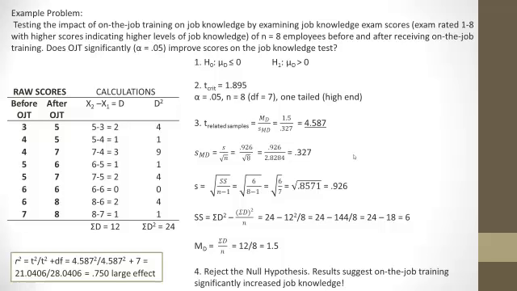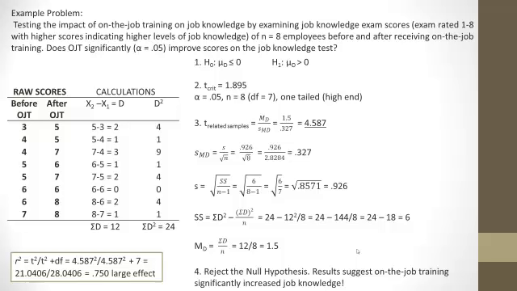based on your data. Well, if you wanted to draw out your critical distribution, your critical region based on step 2, you would find that 4.587 falls in that tail. It exceeds the critical value of 1.895. So we could, going to step 4, reject the null hypothesis, and results suggest that on-the-job training did significantly increase